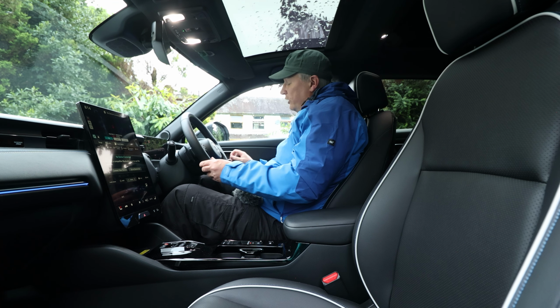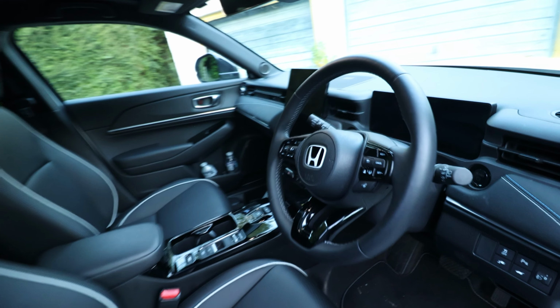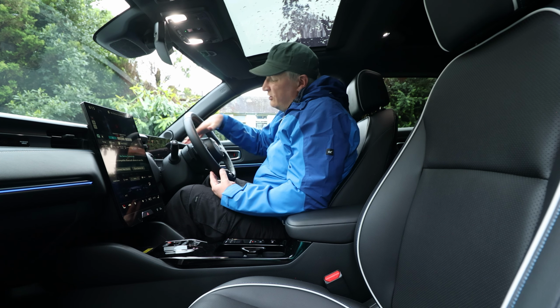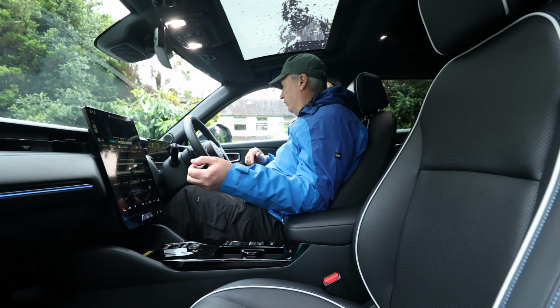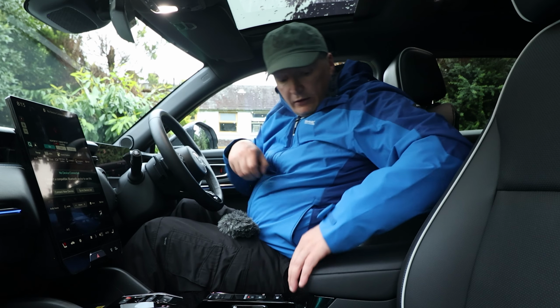I've got a leather wrapped steering wheel, it's heated, and I've got proper buttons. Home button here, and it's very easy to turn on your adaptive. Reach and rake adjustment in the steering wheel. It would have been nice to see it come out a little further, but it is ample. I've also got a footrest down here. What I would have liked to see is a little bit of padding here,